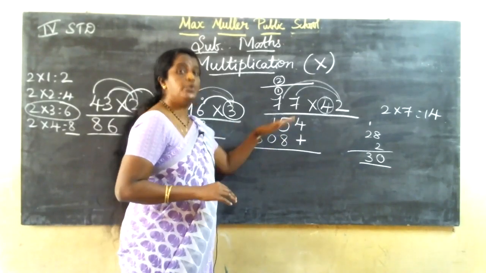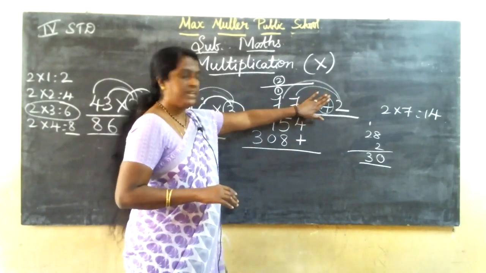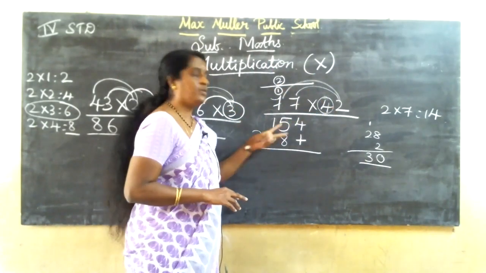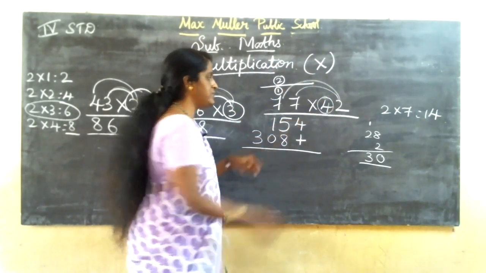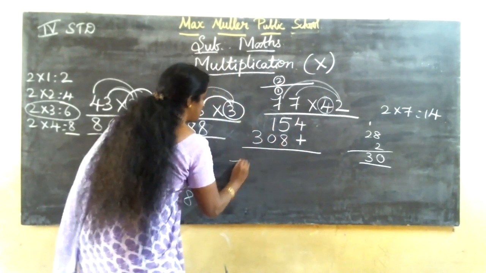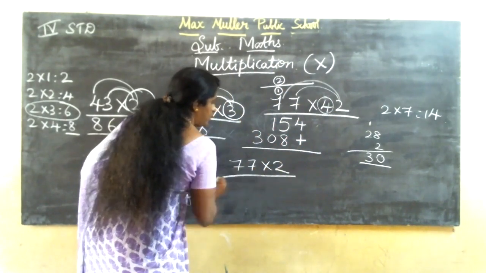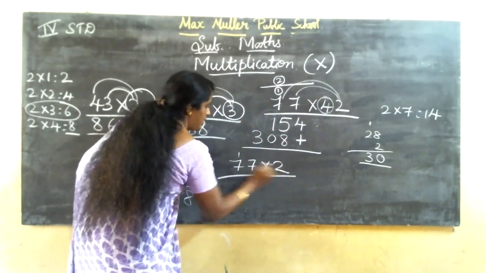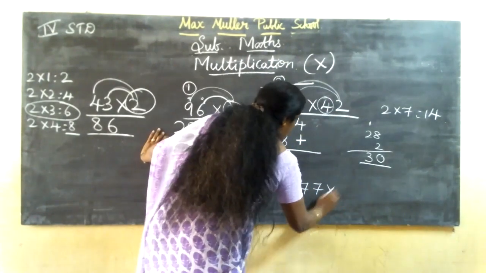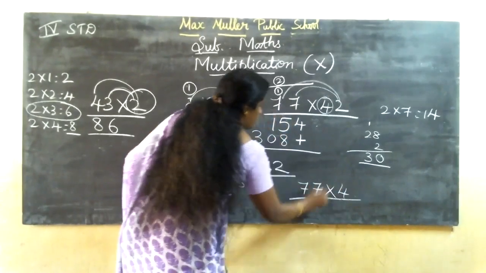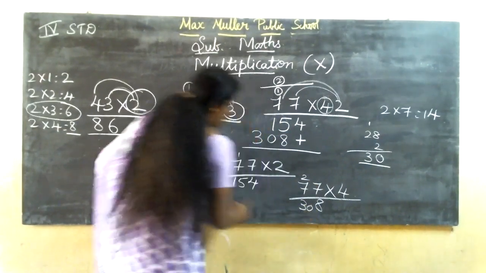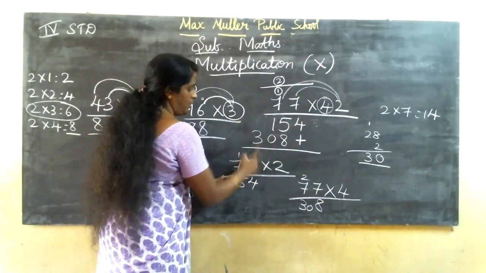No, for this 2 you should do addition here. Here we did multiplication. We did two steps because there are two tables. One is from the 2 answer tables. You can do it like this also: 7 into 7, 2. 2 sevens are 14, 1 carry, 2 sevens are 14, 15. Once again, 7 into 4, 4 sevens are 28, 29, 30. See this, two 158, 154, 308.